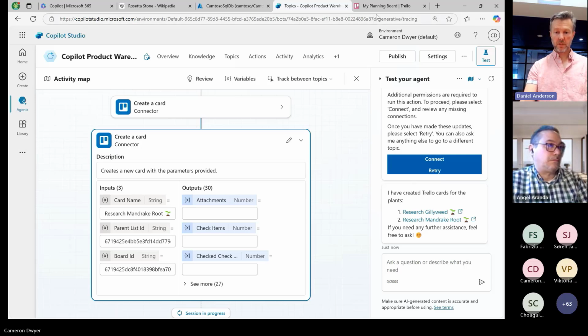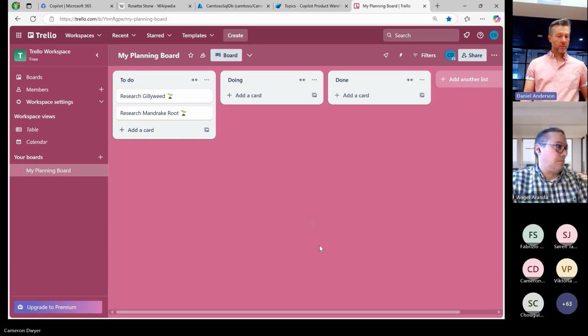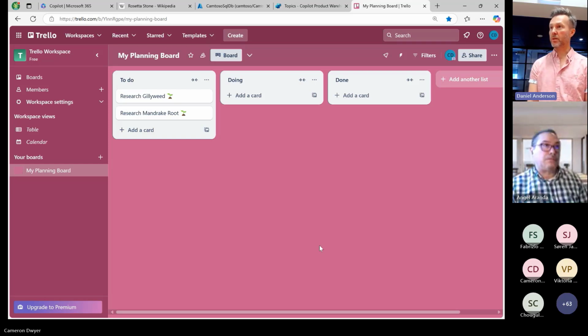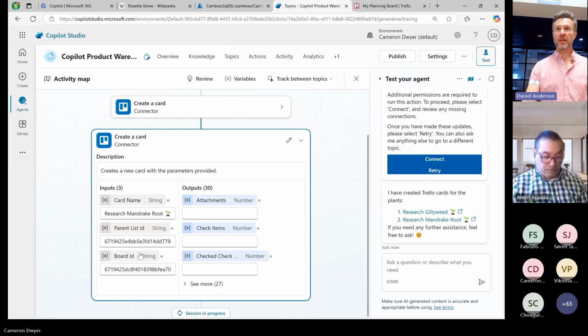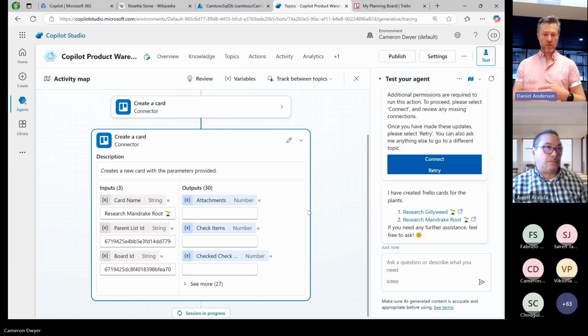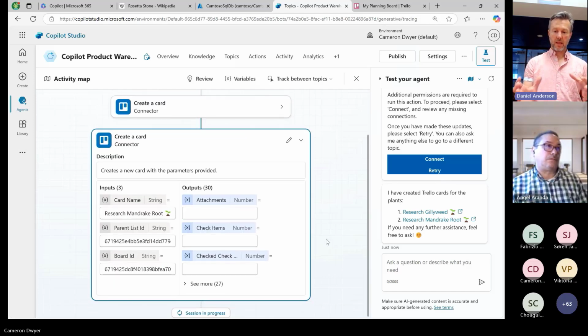It's giving me links out to the system. If I actually go over here onto the Trello board, we've got two new cards there. So right now, we've got a Copilot that's acting intelligently, answering questions from a SQL database that doesn't exist inside of Microsoft 365 and creating tasks on a Trello board that doesn't exist inside of Microsoft 365. And all we gave it was where that Trello board was, and where that SQL database table was. And again, that's working in real time to create that information out there. And you can follow it through in this session as to how it's answering, the logic it's going through to pick the skills and the knowledge.